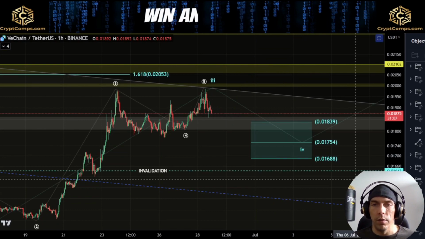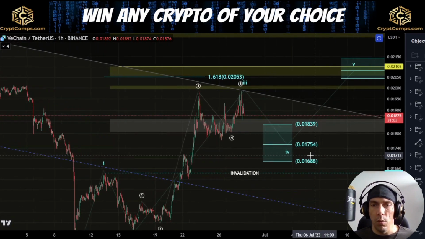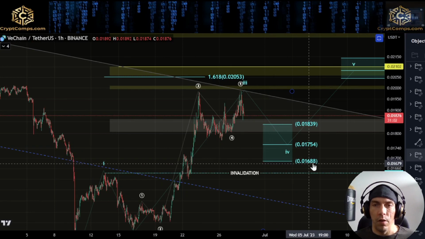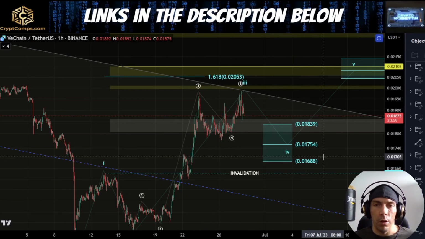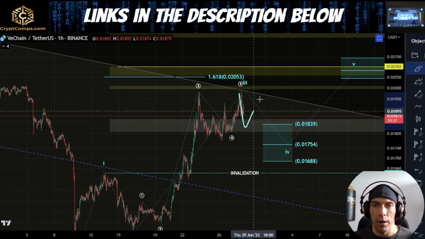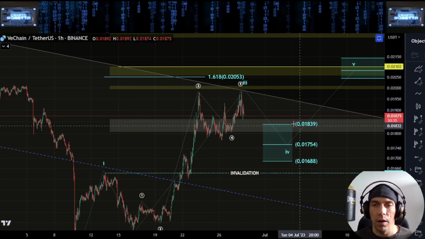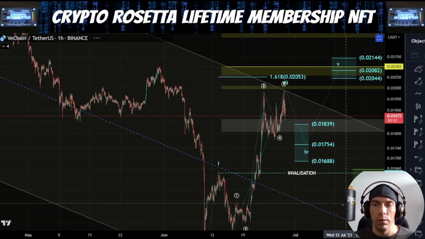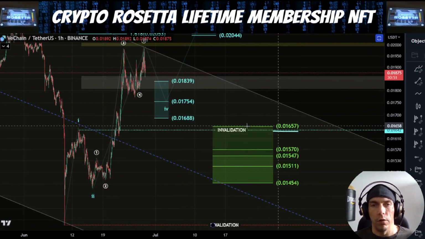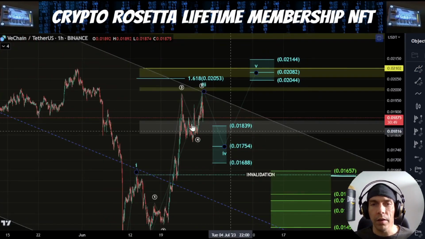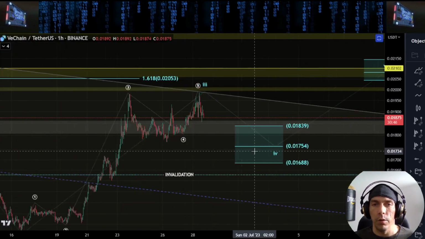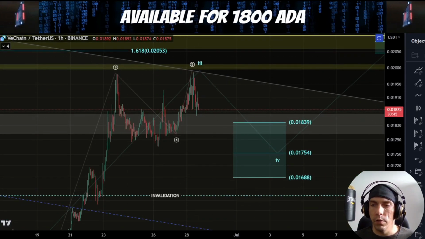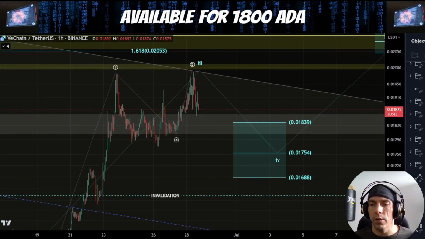If we are looking at this as a 4th wave, it would be more likely then we're going to challenge out this 1688. It's going to be a very common area, 50%. If we are looking at this as a zigzag to the downside, would be very interesting. Alternatively, we'd be looking for a move down into this lower target box. So that is what can happen if we lose this. This is just an alternative count here where I'm looking for the potential to extend out.